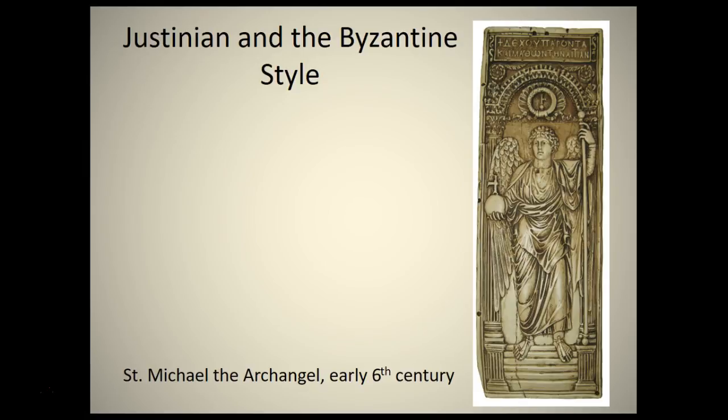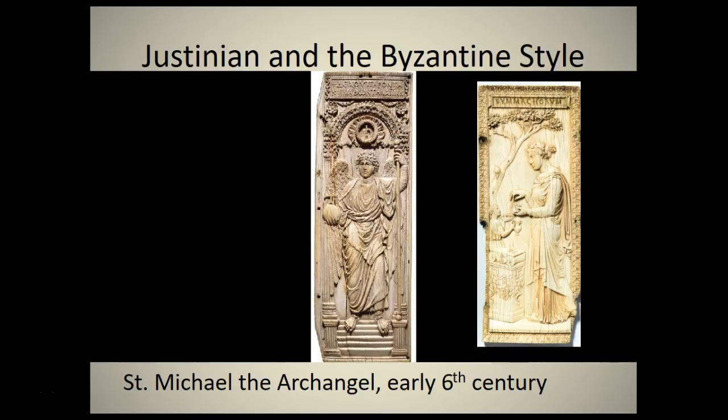Also, the figure of Michael is much too large for the architectural space he is depicted in. While there is a presence of classical drapery, and remember, there is still a lot of classical art around. Here's a comparison of the archangel figure with an early Greek stele. You can sort of see the infusion of classical features, but also this movement away from illusion and direct observation from the natural world.